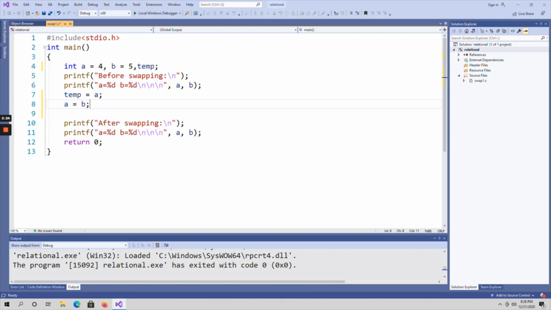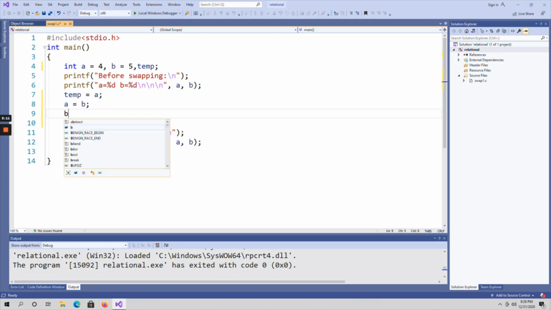That value is assigned to A. That means temp is holding a value of 4 and A is holding a value of 5 now. And now I am going to assign this temp value, which is 4, to the B variable.